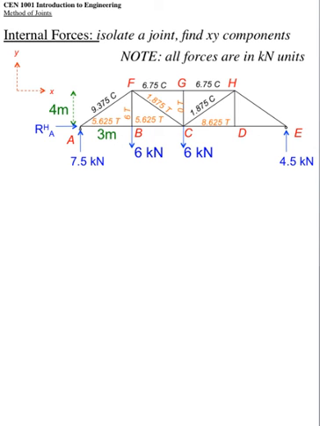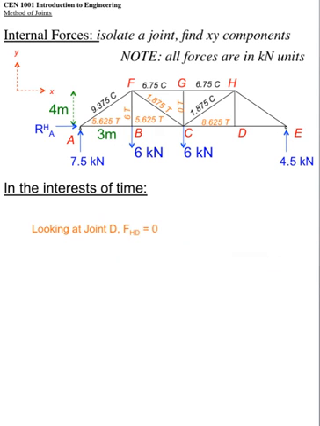There we are. So now we're going to do, I think, in the interest of time, we're just going to talk through these last couple. First of all, if we look at point D, there are no vertical forces other than this member here, HD, so that means it's got to be 0. If we look at joint D again, this force here has to compensate this force, therefore it's got to be 8.625 in tension to balance this one out. And then finally, we know that the